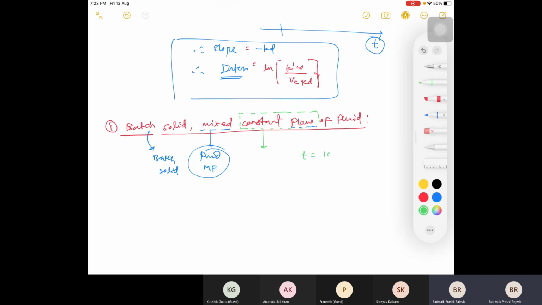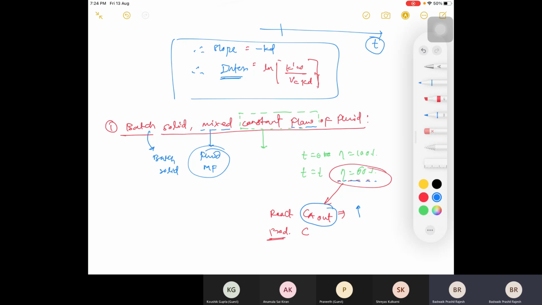Suppose at time t equal to 0, I had 100% efficiency. So at time t, if it is 60%, I will keep this as 60%. I'll not try to increase that. I'll keep it as it is. And because of this efficiency, what will happen? Your output concentration of this reactant will be 0.6 into whatever that is. So your concentration of this will increase because your efficiency has decreased.